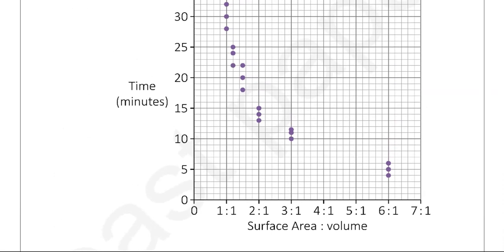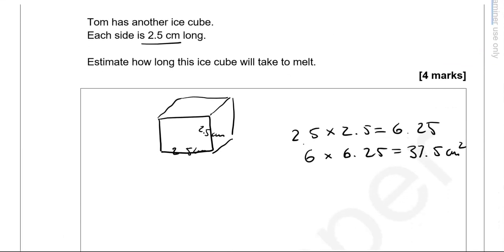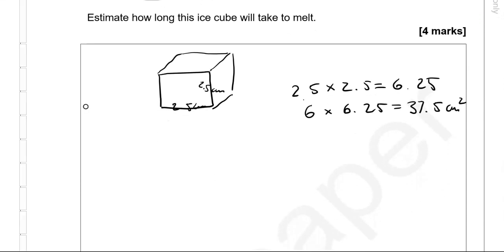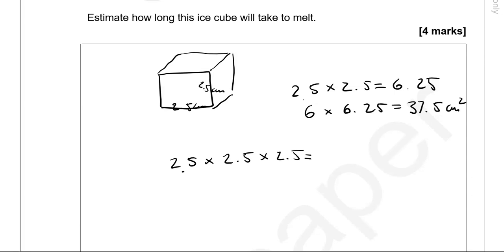As you can see, we've got to work out the ratio of surface area to volume. So we still need to work out the volume and then get the ratio. So what will the volume be? You know that it's length times width times height or depth. So we're going to go 2.5 times 2.5 times 2.5, which gives us 15.625